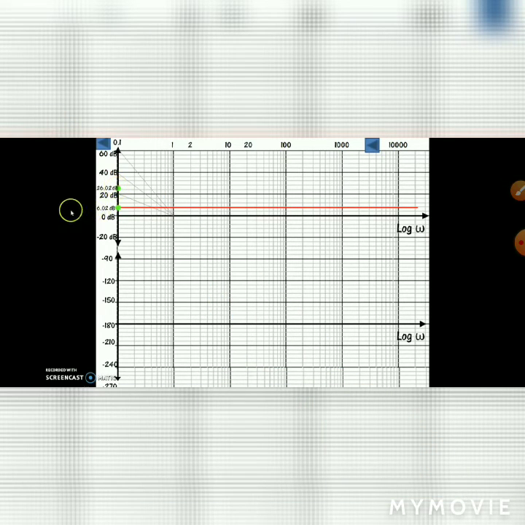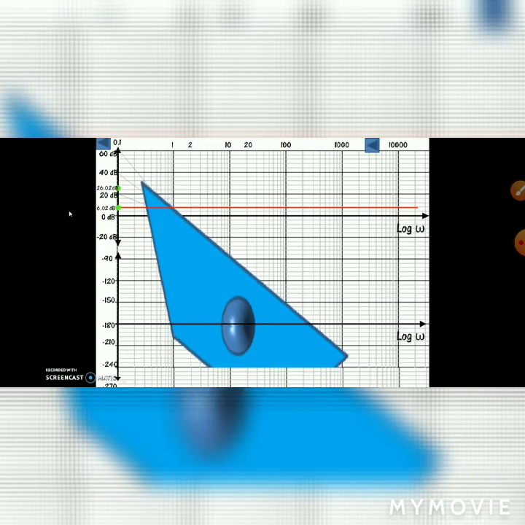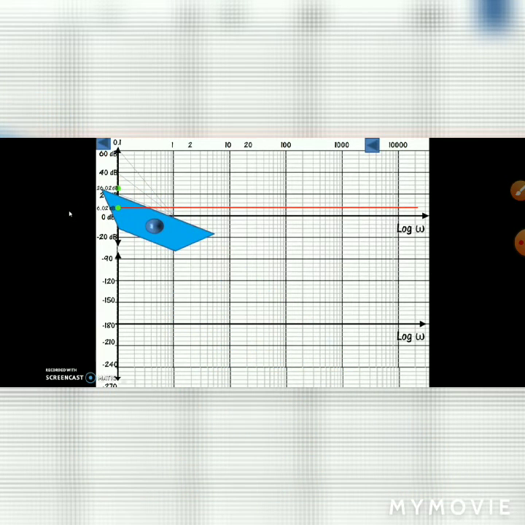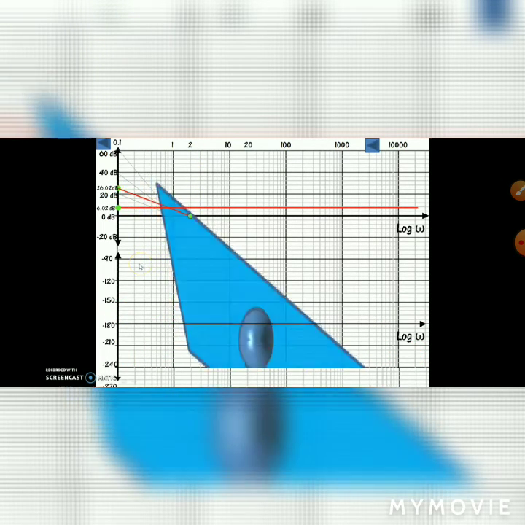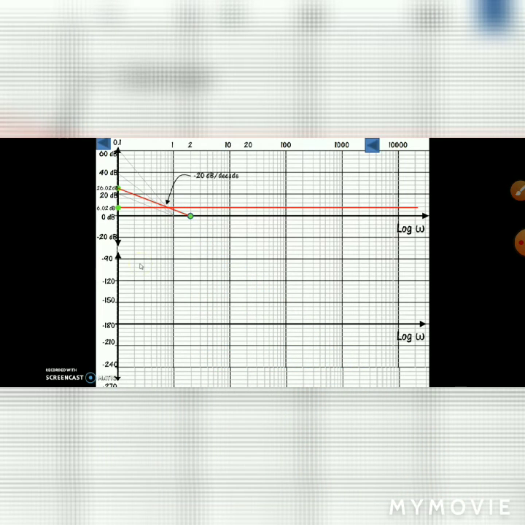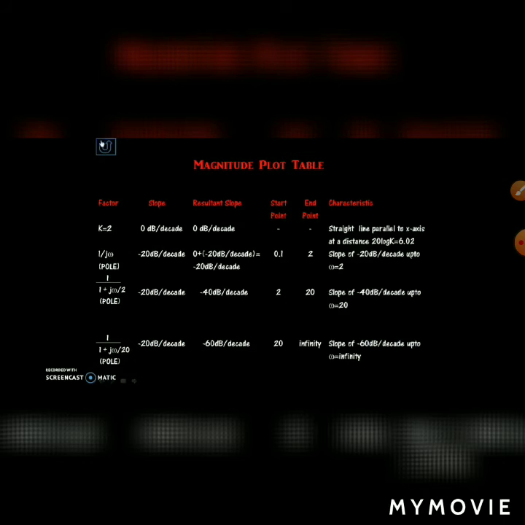What I will do here: one pole at the origin, keep the scale at minus 20. One pole at the origin, pole means minus 20. So keep the scale at minus 20. Draw a line, that is initial slope plus 20 log K, from this point. So draw one line, from point 1 to 2, that is your minus 20 dB per decade. You took it as a reference line, so you will get this line.